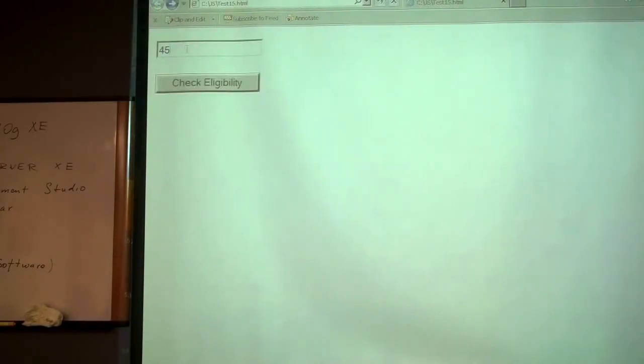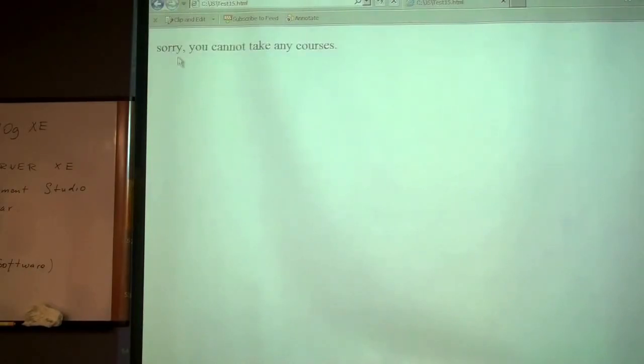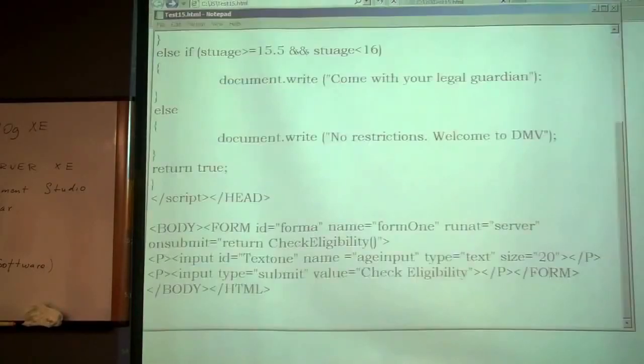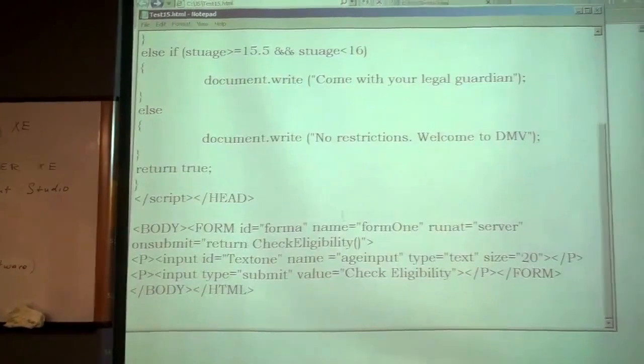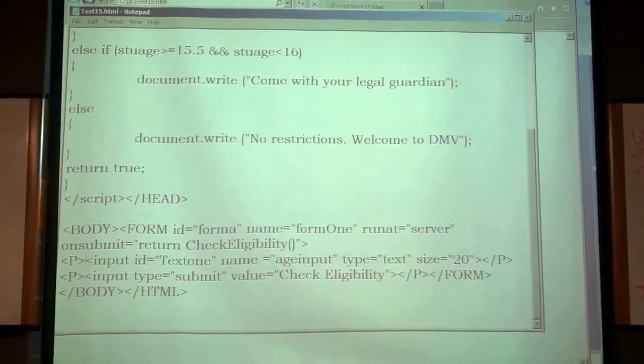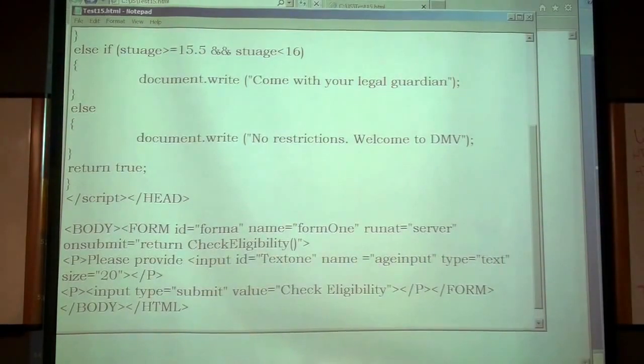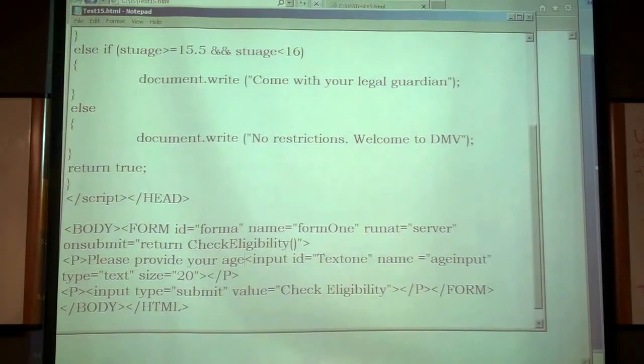If I go back and provide a different number like 15 and click on check eligibility, it says sorry, you cannot take any courses. Definitely this is not a very nice page because I have to provide some headers and some text, which I'm going to do now. I'm going to modify this and then say, please provide your age. And the next button, it should be check for